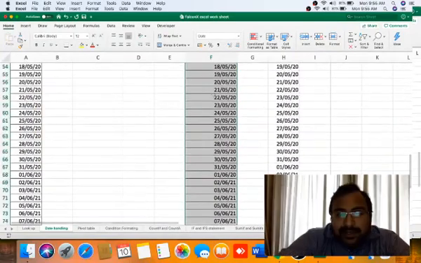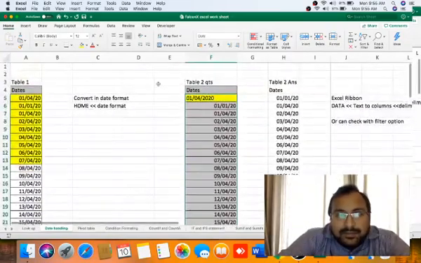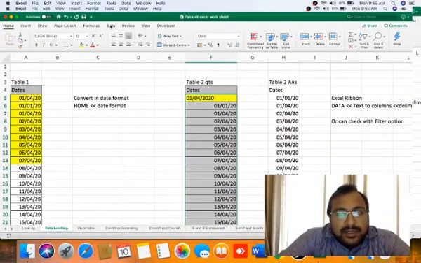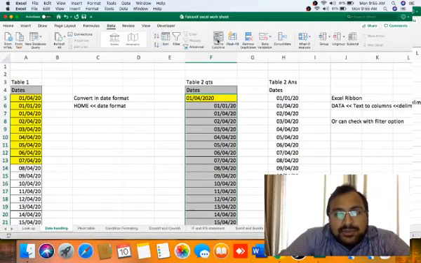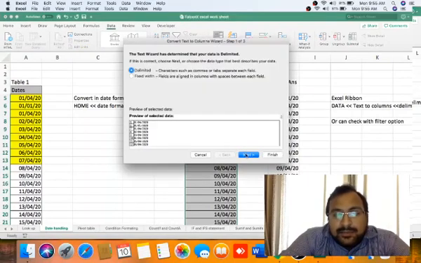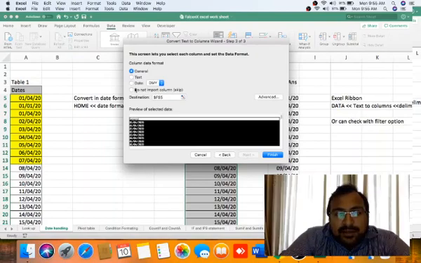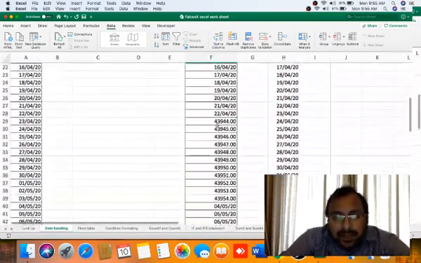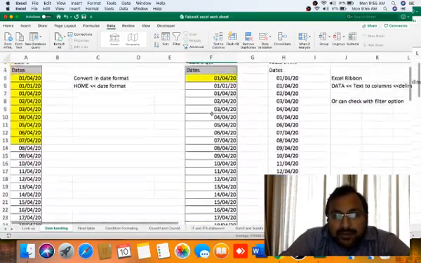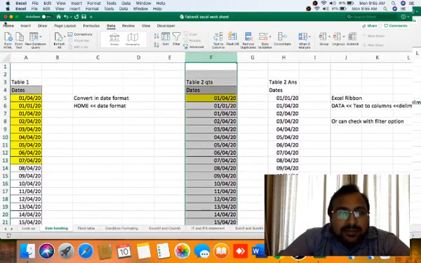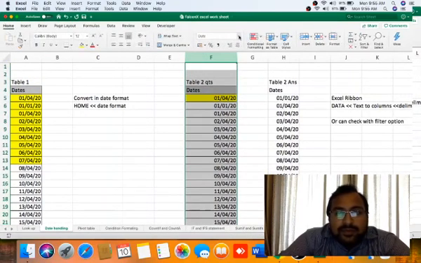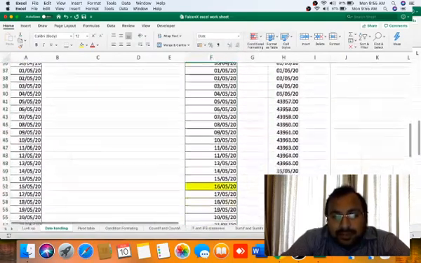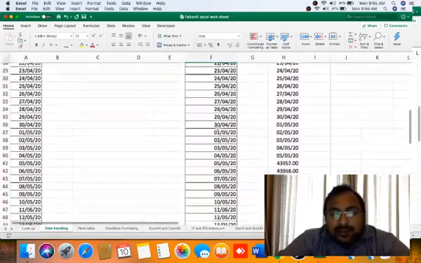Select the complete date column and then go under the tab Data, Text to Columns, Delimited, Next, DMY, Finish. As you can see, date got rectified, and now you can convert the number into date format as Home, short date as per your requirement. Everything got converted into a date format.